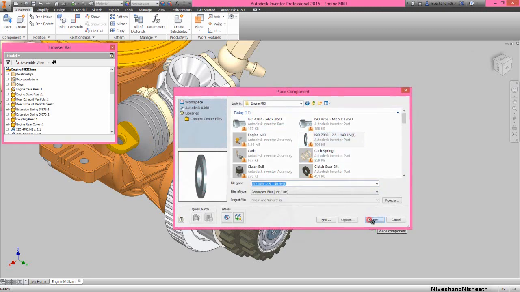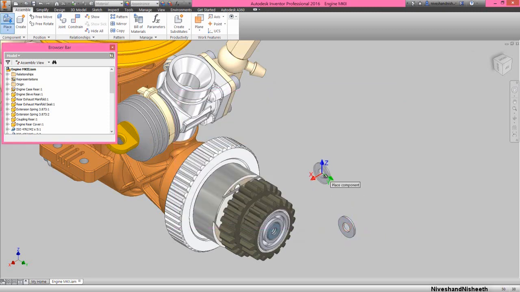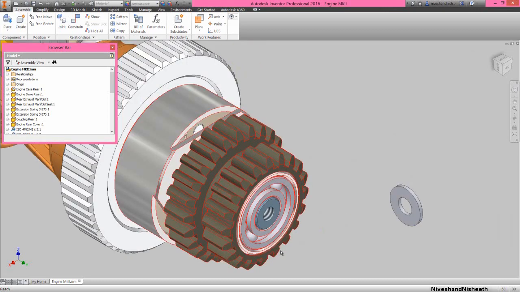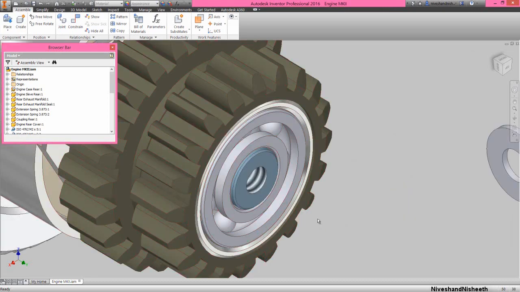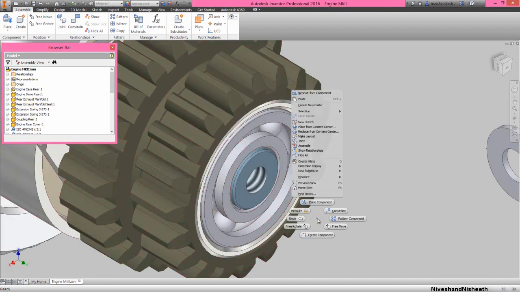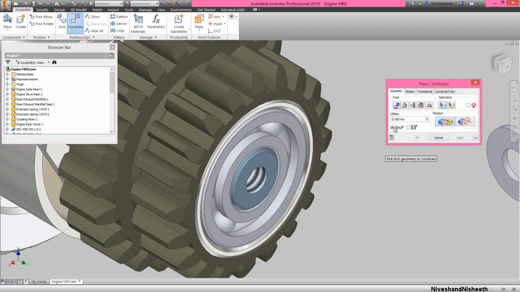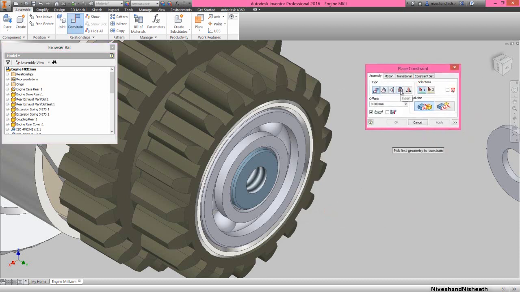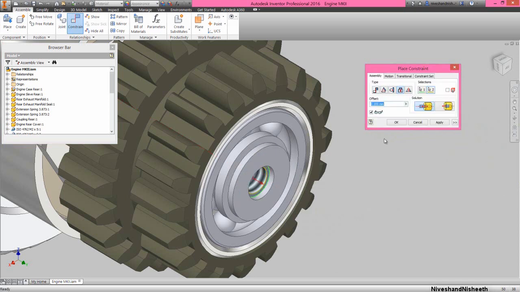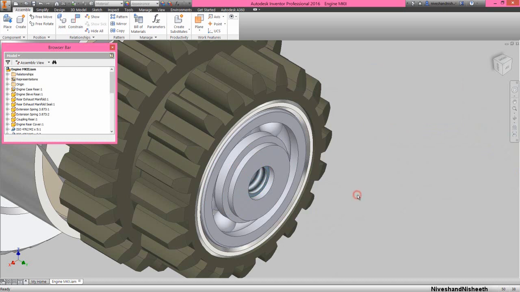Now we will place the washer in this assembly, and fix the washer over the clutch nut by using the insert mate command. Okay, that's it.